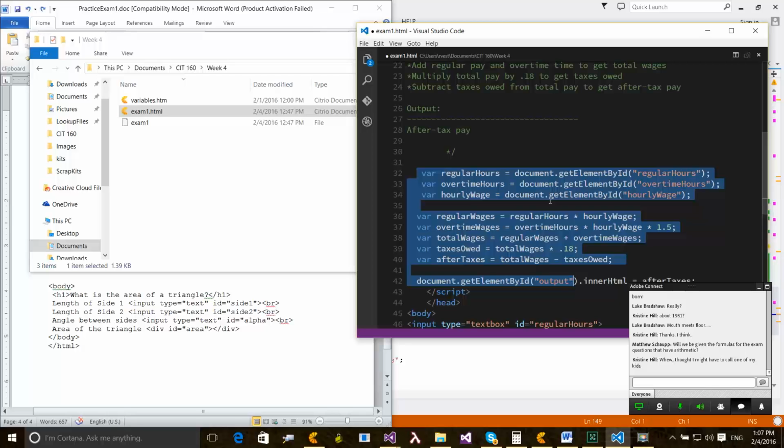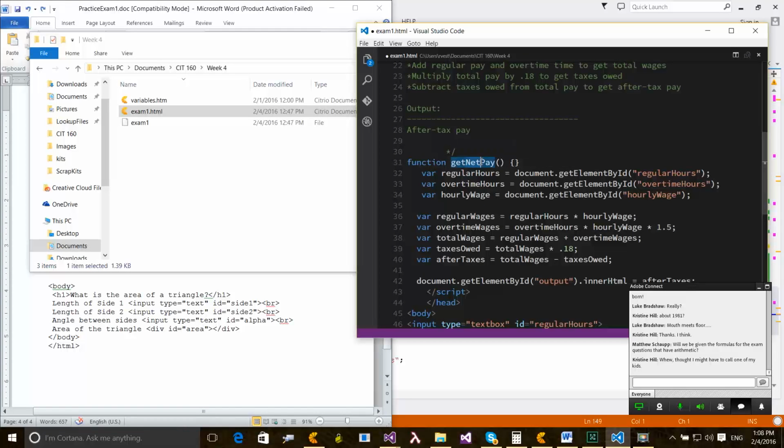So we're going to call this get net pay, or we could have said after tax. Okay. And you have an opening curly brace, and then a closing brace